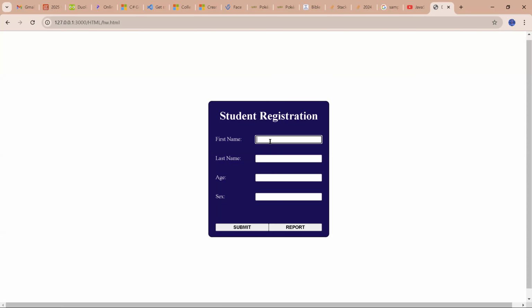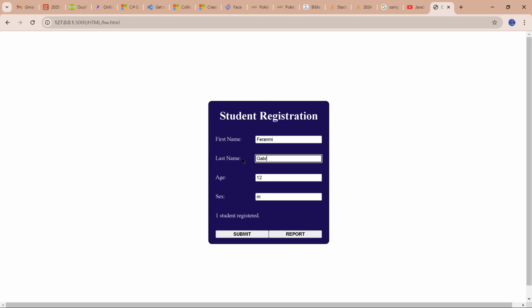So let's say I have Demola Ayo, age maybe 12, male. I submit, one student registered. Feromi Gabriel, 13, female, submit, two students registered. Mary John, 10, female, three students registered. Then I have maybe Sean Bush, foreign, and Emil. Four students registered. So once I click on reports,